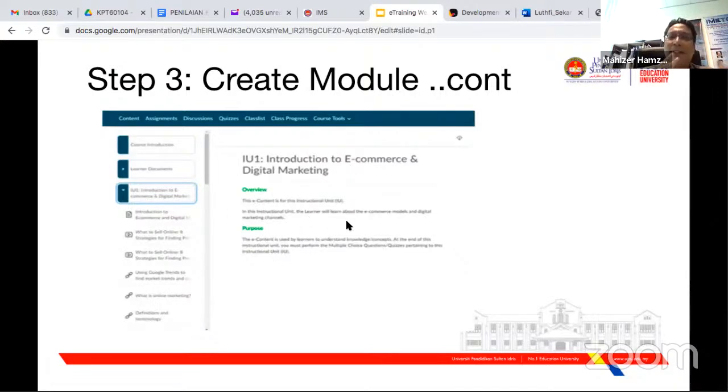Okay, this is the structure that is the same as the one that I showed just now about the PDF format or the hard copy format. We are still using the same structure, but that one is in the hard copy format or the PDF format, whereas this one in the learning management format is more interactive compared with the books. You just click, and then they bring you to the YouTube. They bring it to quizzes and so on. Jadi